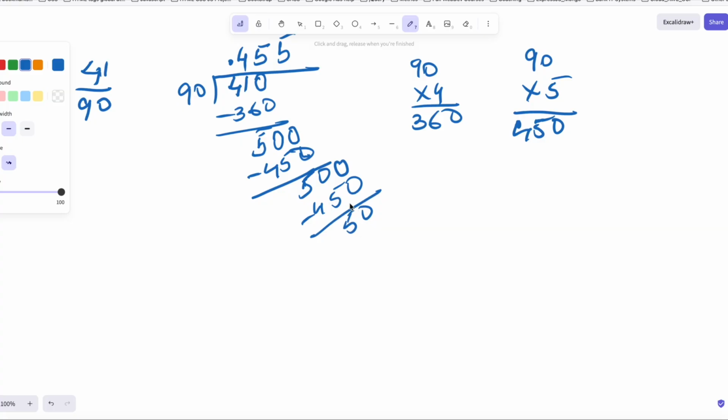Now at this point, you should be able to clearly see that this number 5 is going to keep repeating as you keep doing that. So clearly, when you spot this, you don't need to keep going, right? You know that this is another example of a recurring decimal answer. So at this point you can stop and you can simply say that 41 over 90 equals